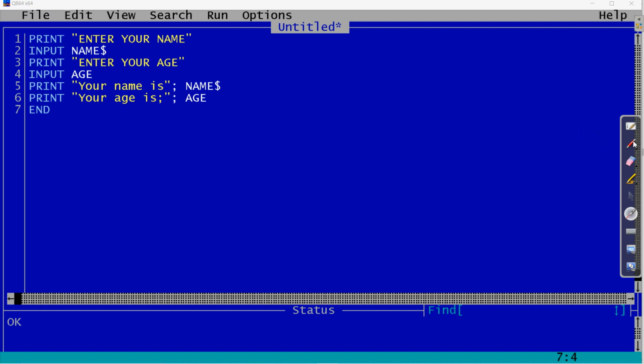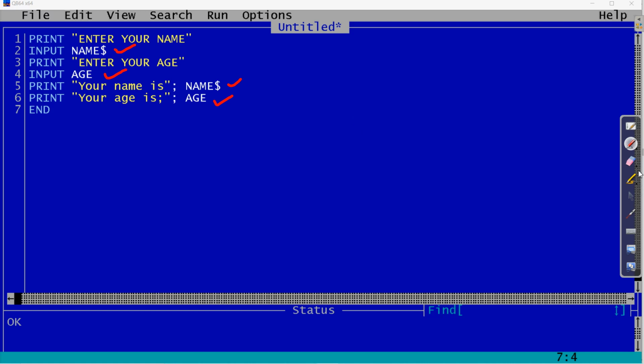So the difference you can notice is, in the first input we have written dollar symbol, in the second input we have written without the dollar. So it means that the first variable will store string and the second variable will store number, and then after that we are going to print this name and age. So here also the dollar symbol, and here without dollar, and whatever the message you want to get printed, again you will write that in the double quotes and separate with the semicolon.